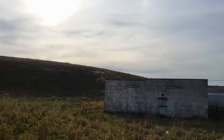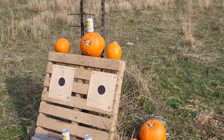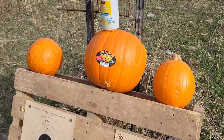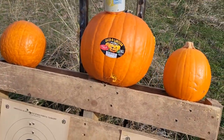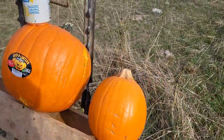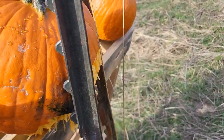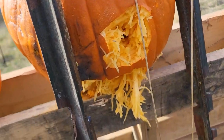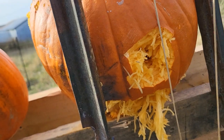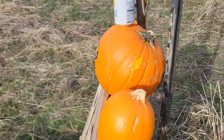Alrighty, no satisfying boom, as Marvin the Martian would say. So we're going to move in a little closer, kill some pumpkins. Yeah, I hit it, but the hollow points didn't really expand through and through. Weird little, oh yeah, that's what the back of your head would look like. That's sad. Okay. A little gross thinking about that, but